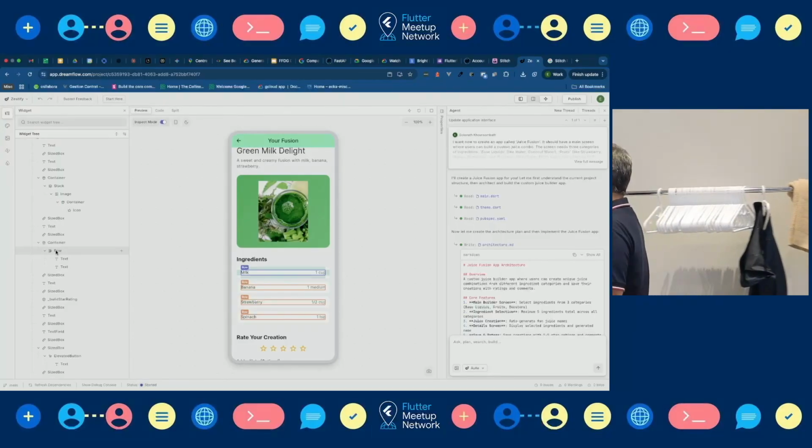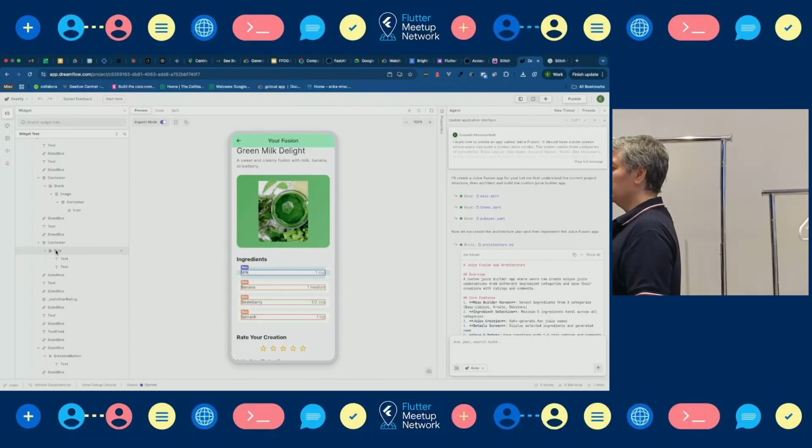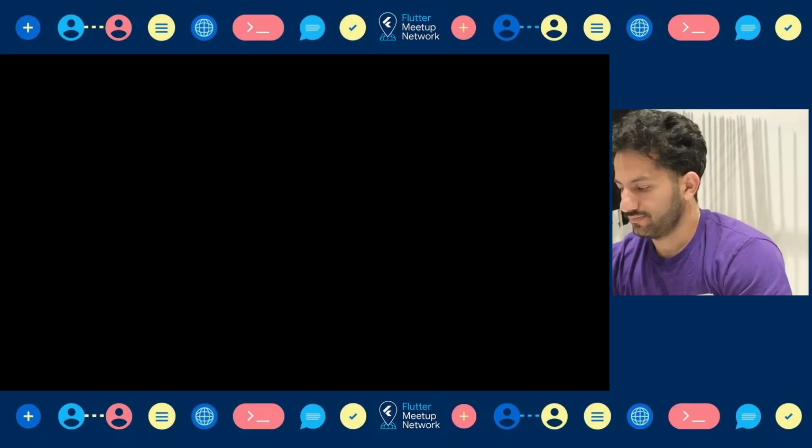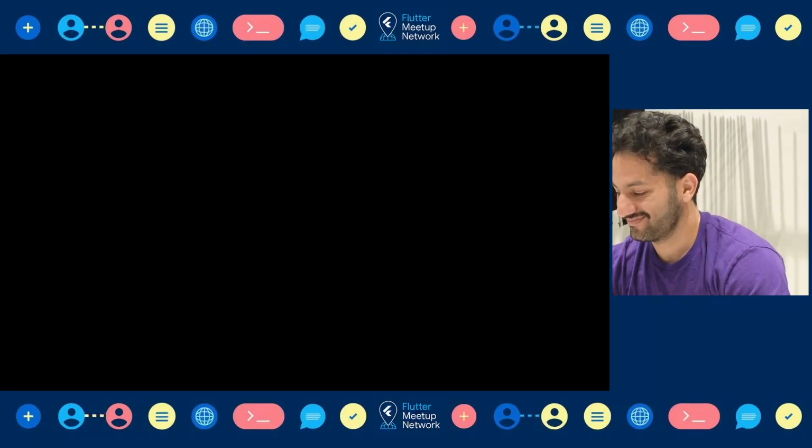Does everyone have a laptop, or are there some people who don't have a laptop? You don't have one? Okay. And ready to show it? Yeah. So who wants to come and maybe show what DreamFlow succeeded in generating for you? You want to come?